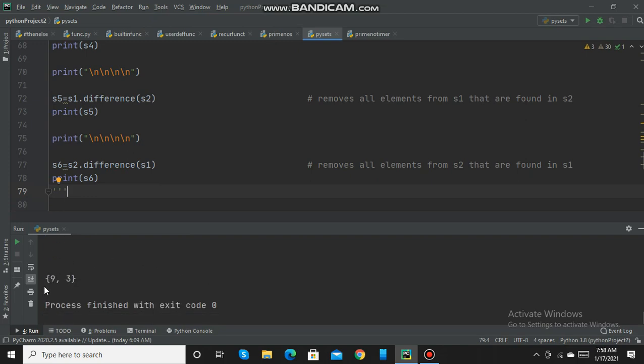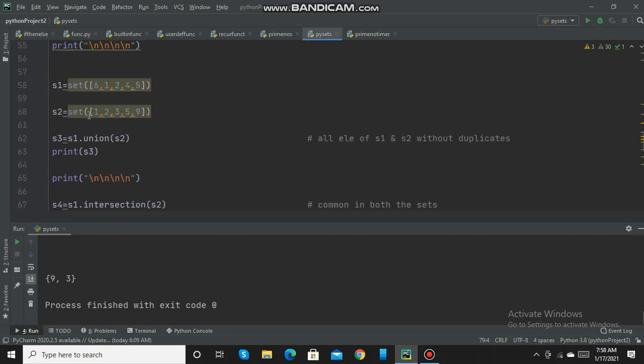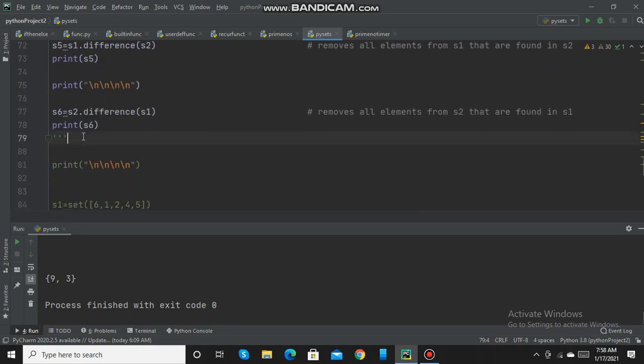So here it is, 3 and 9 are present in S2 but not in S1. So that is the difference operator.